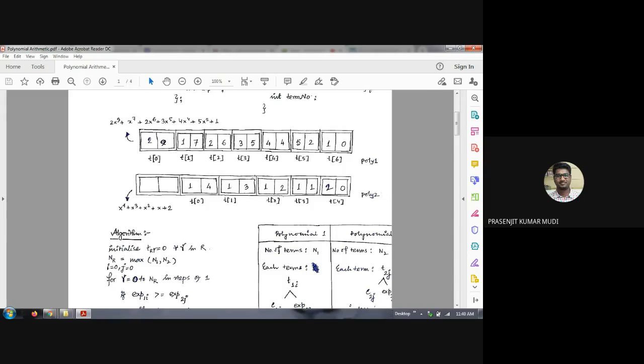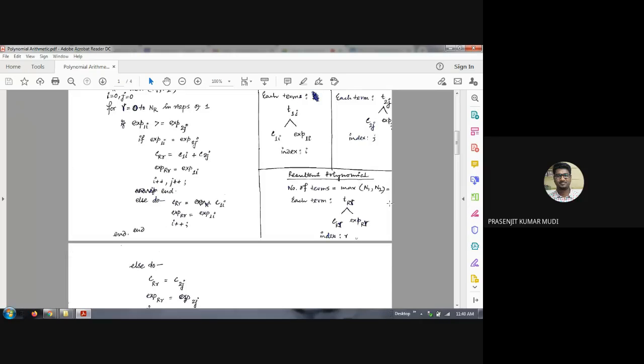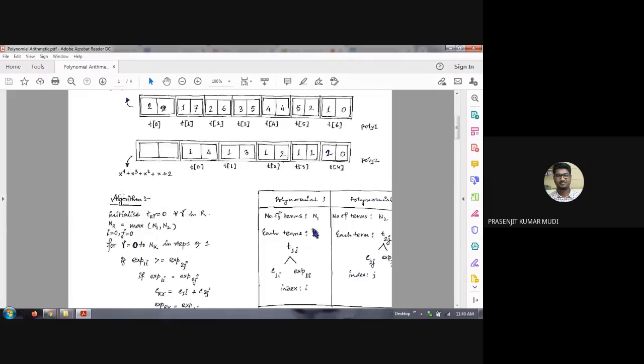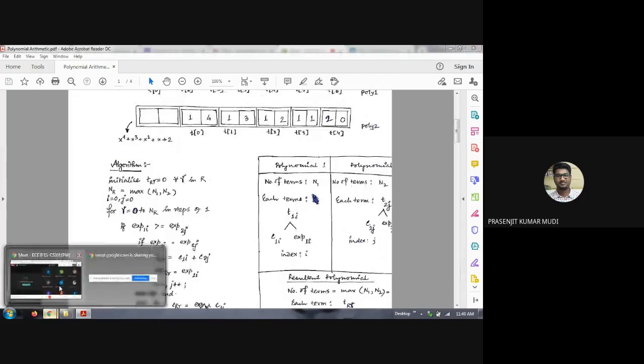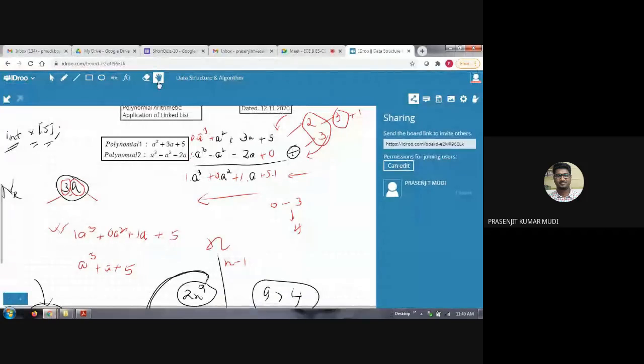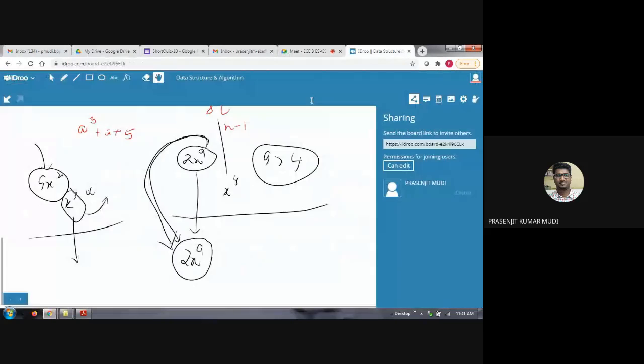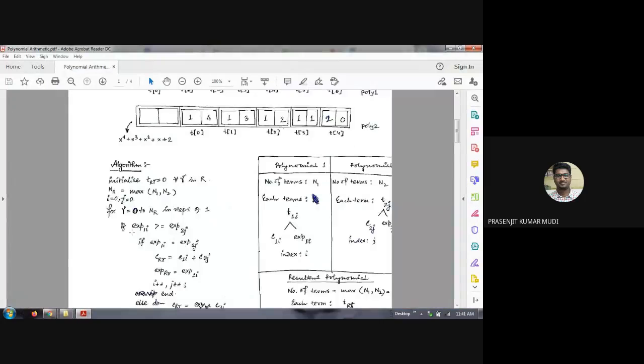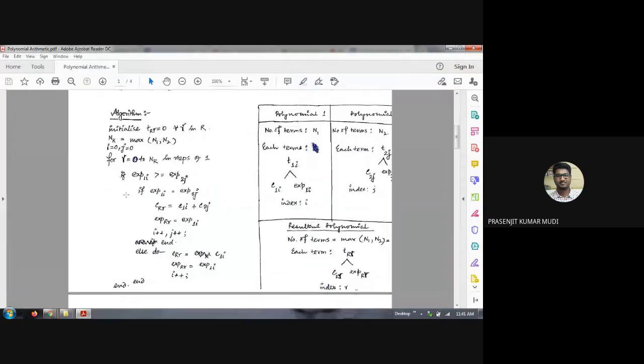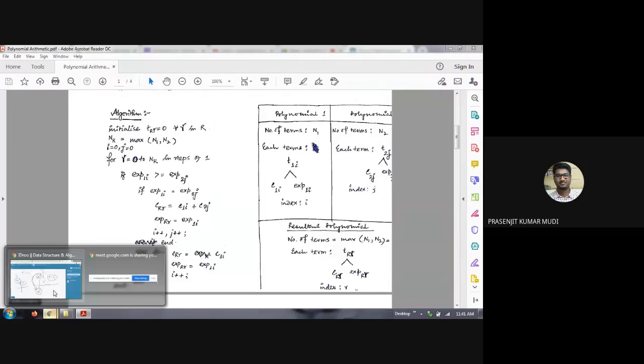if you modify this program, incorporating this logic, that the computation you are doing is in terms of degrees, so max of d1 comma d2, where d1 and d2 are degrees of polynomial 1 and 2 respectively, then it will be fine. সেক্ষেত্রে কি হবে, একটু তোমার কমপ্লেক্সিটিটা বেড়ে যাবে। তার কারণ কি, যেগুলো ভ্যানিশিং টার্মস ছিল সেগুলোকেও তোমাকে কম্পিউট করতে হবে। বোঝা গেল? এখানে কিন্তু তুমি কোথাও চেক করছো না ভ্যানিশিং টার্মস।